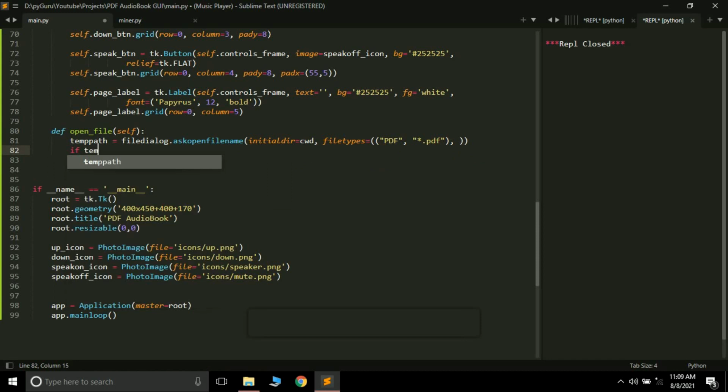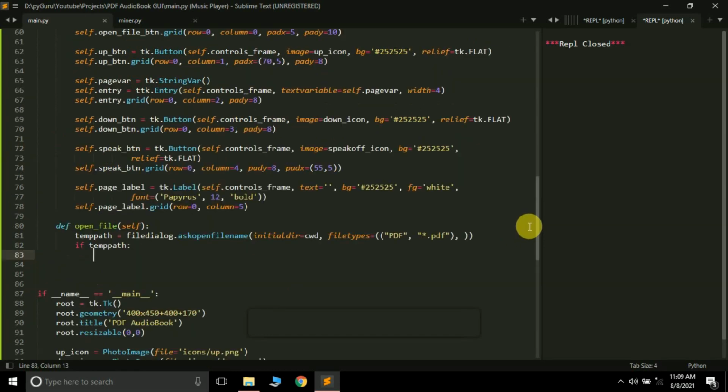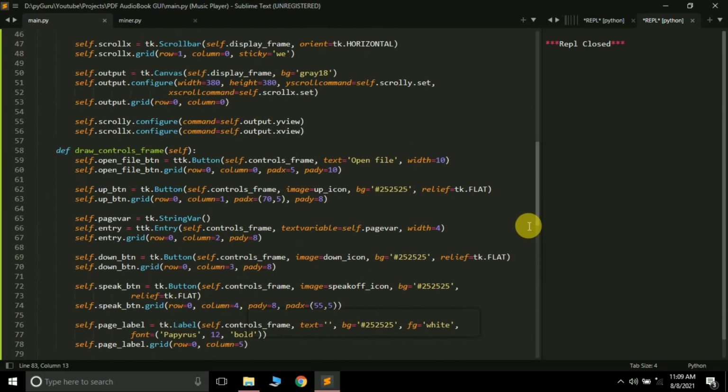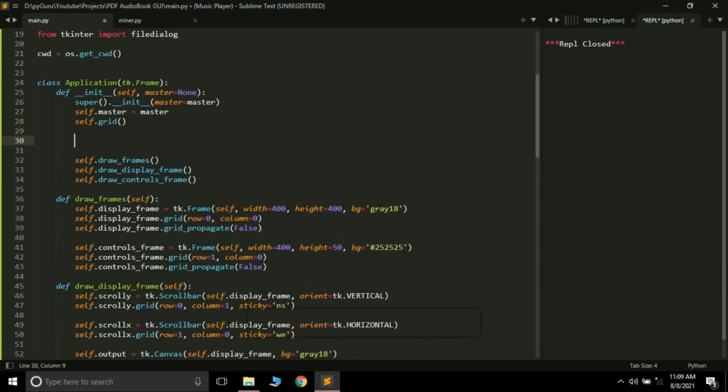Then the next thing is, if temp_path, it means that the user has selected some file. If the user has selected a file, then only there will be some value in the temp path, otherwise it will be an empty string. Now the next thing is, let me create a variable here which will store the path of our file. So we are going to create a few variables here.